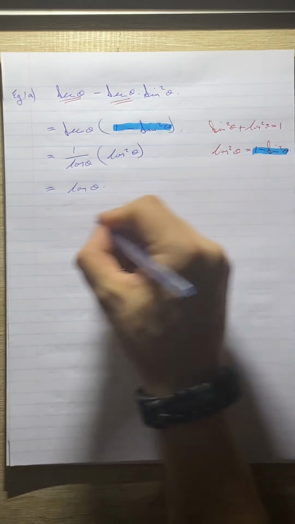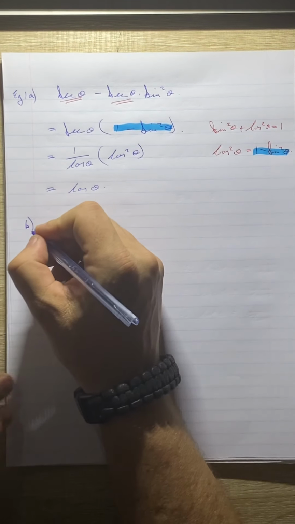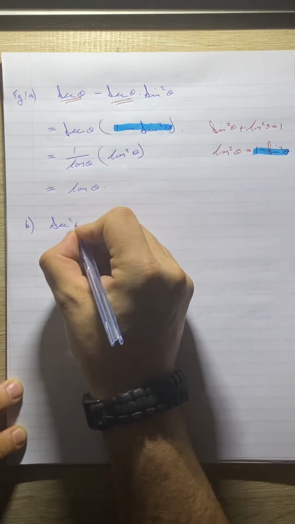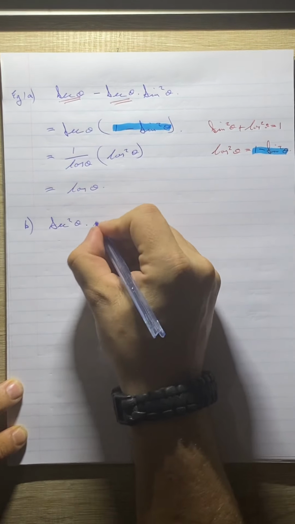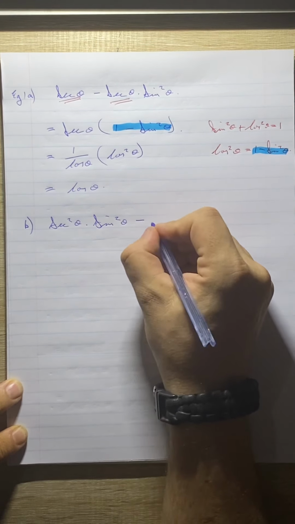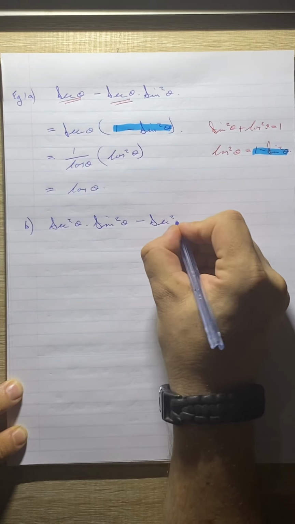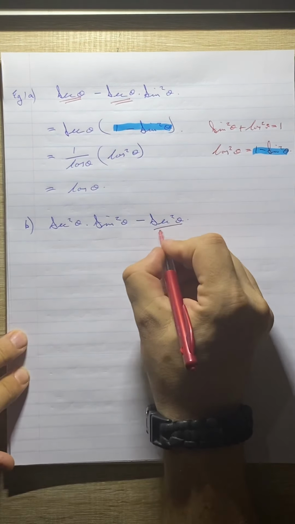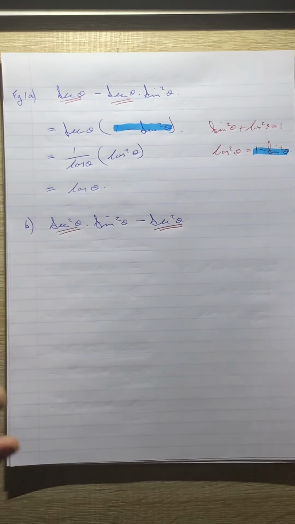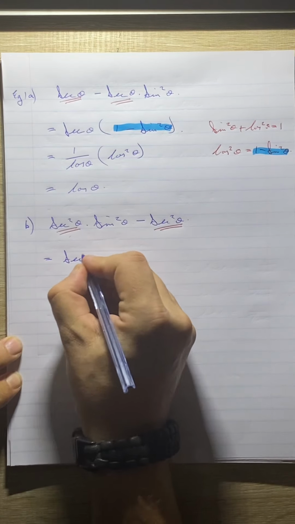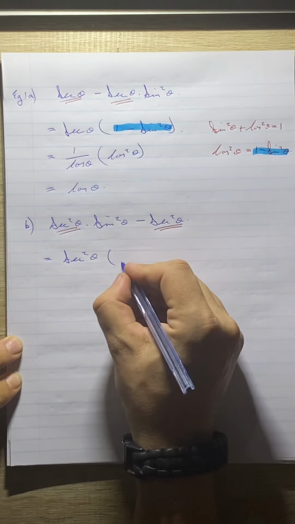Then example B. We've got sec squared theta times sine squared theta minus sec squared theta. Okay, again, grade 11s, I've got a common factor of sec squared theta. Take it out as a common factor, and we're left with sec squared theta times sine squared theta